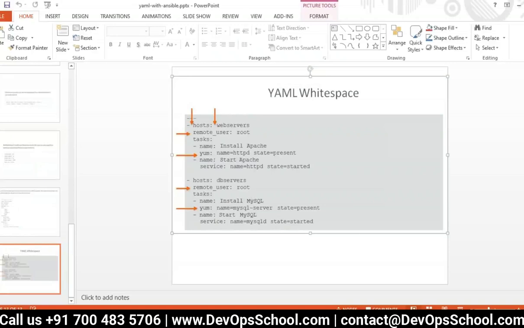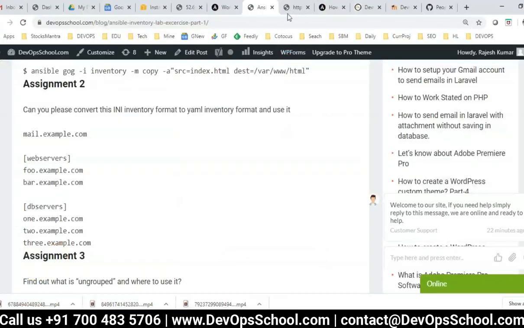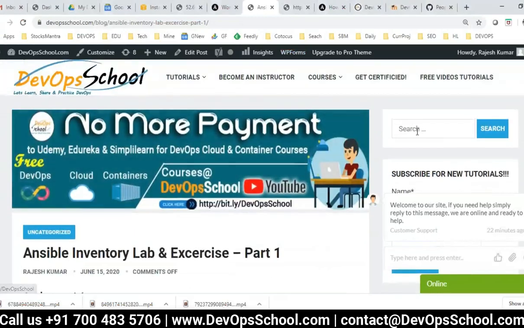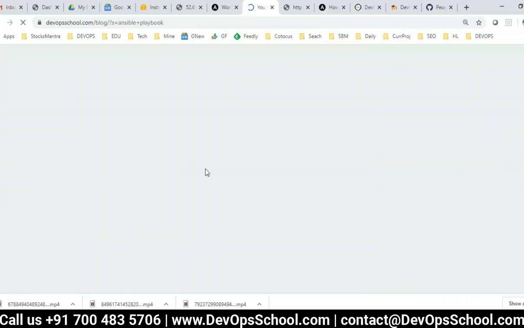For example, there you can provide so many options. All the options which I have listed at one place, that is called Ansible playbook. I'll give you all the options because I did not find all the options written in Google, so I consolidated every option and created a blog of it.